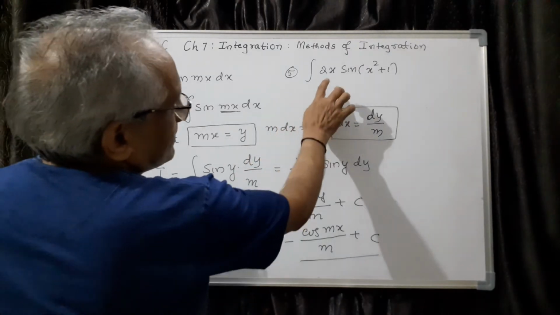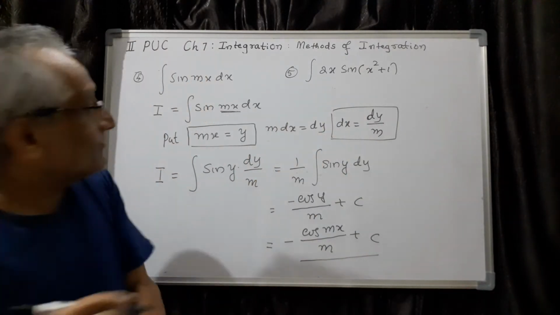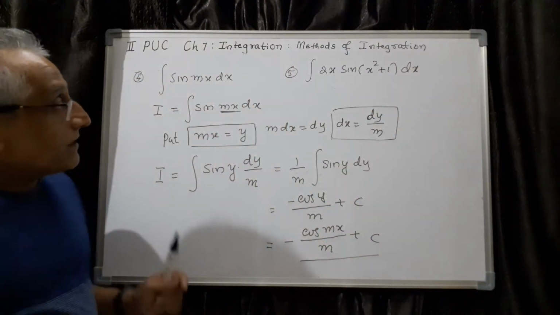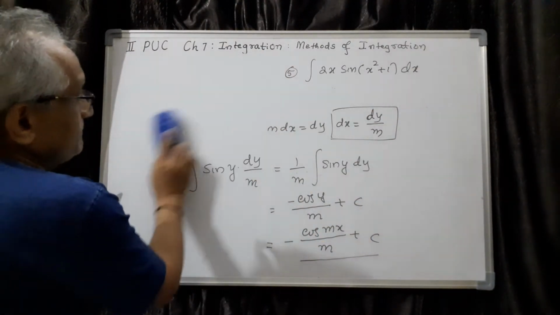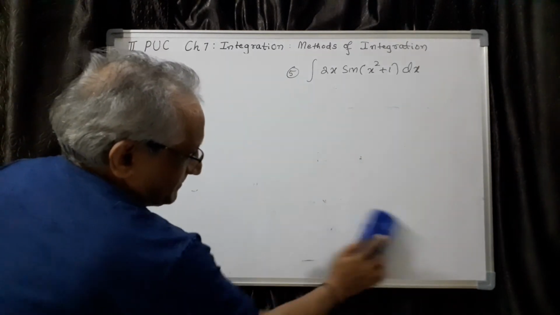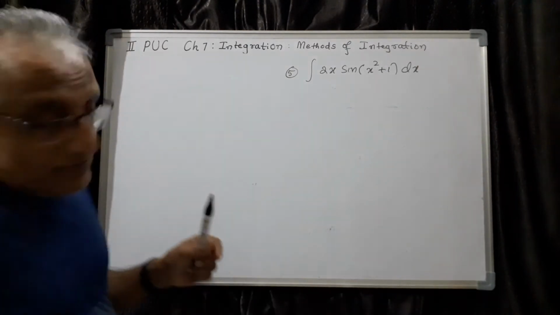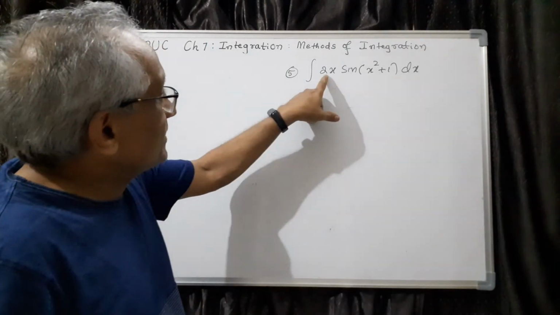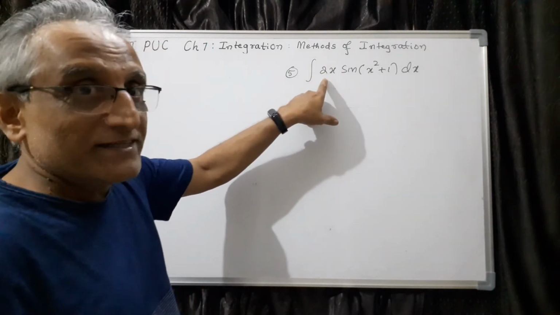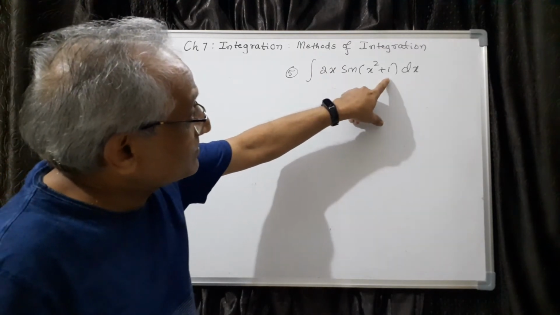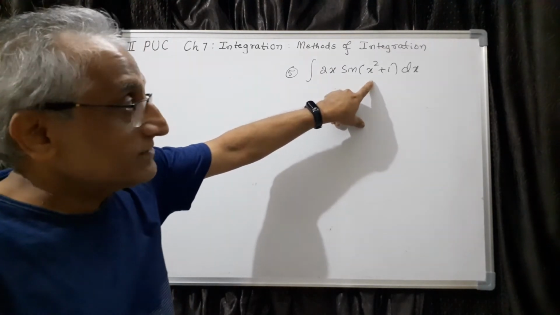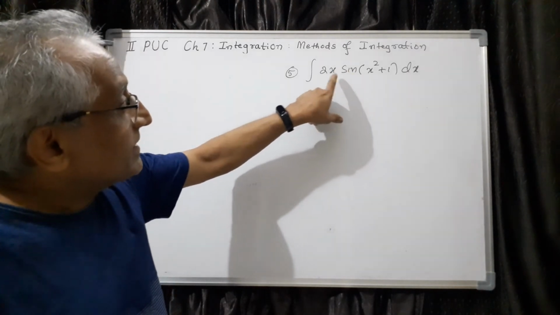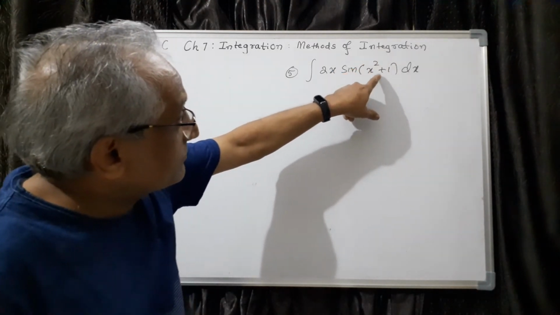Here also you see, I have made a mistake. Every time you should write dx, otherwise it has no meaning. Dx should be written always. So here, purposely the question is given just to confuse you. 2x is written here. It is not the function to be integrated. Sin of x square plus 1 is the composite function. X square plus 1 is g of x, then sin is f. And you see, the differentiation of this one will give you 2x.